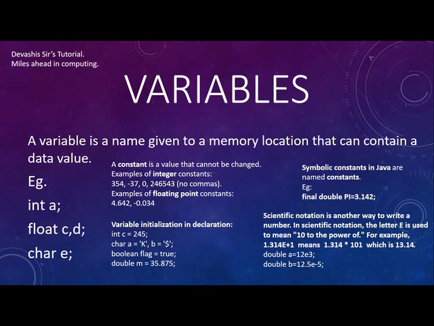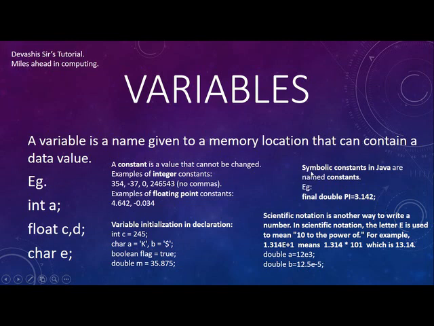Now here you see the variable initialization in declaration. You can see over here, how do we initialize during declaration? This is the technique. You can see over there character variables being initialized, boolean variable being initialized, a variable of double data type is being initialized. Next, there is something very interesting. I was already talking about this, that in case we want a variable to be